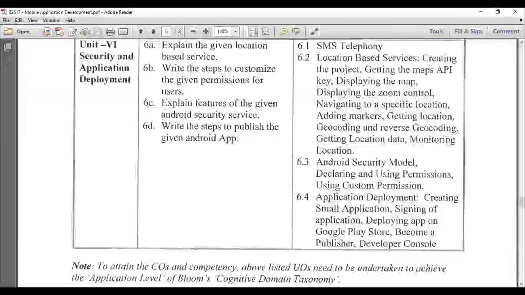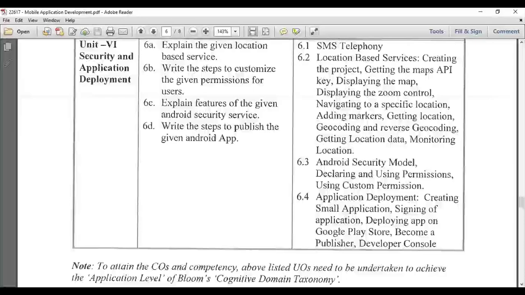From the Android store you can download applications, right, from the Google Play Store. But from where it comes and how developers deploy that application onto the Google Play Store, that also we are going to learn. Along with that we are also going to learn about versioning. Sometimes you get updates like phone book 1.0, phone book 2.0 and like that. So versioning is also important, so that also we are going to learn.